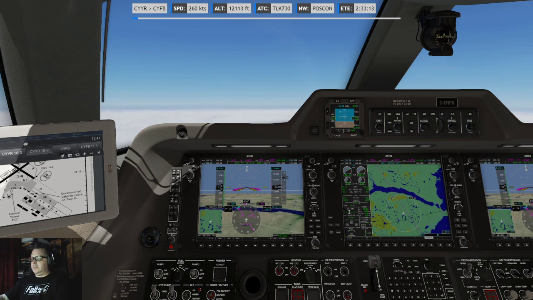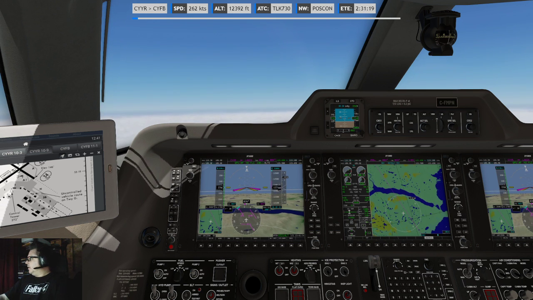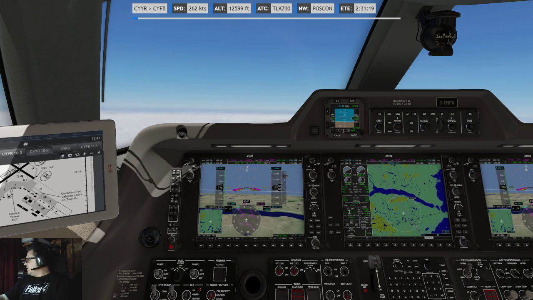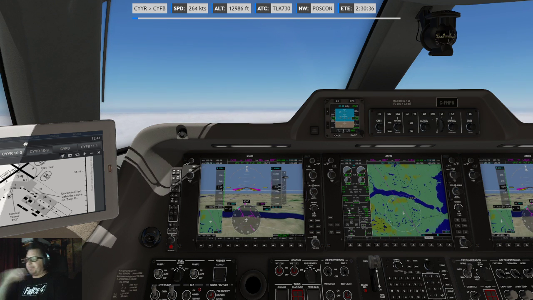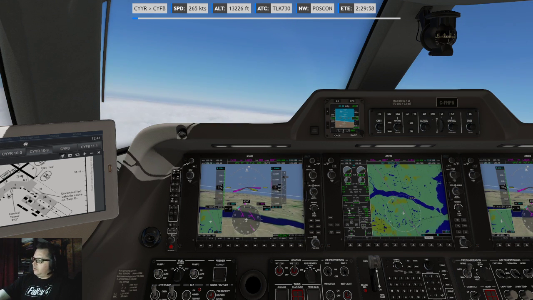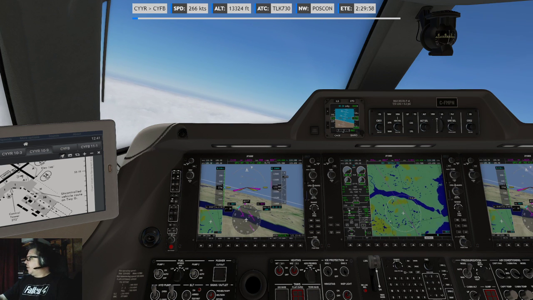All right. And it's a quiet Sunday on POSCON. Only 6 pilots are in the air right now. It is still sort of early. It's 12:41 in Quebec.